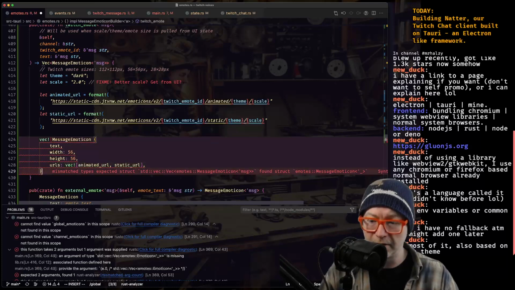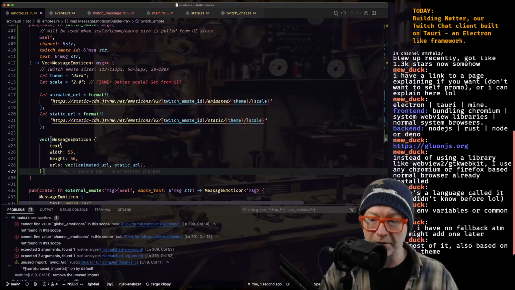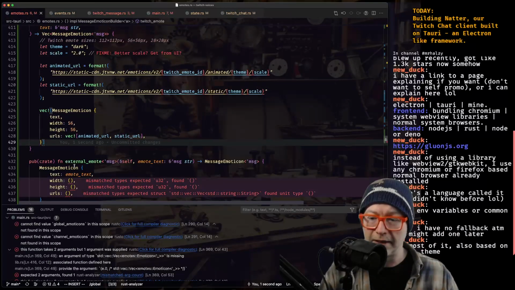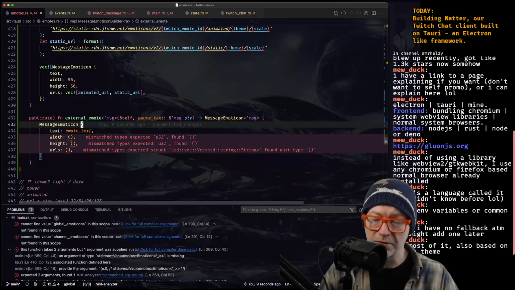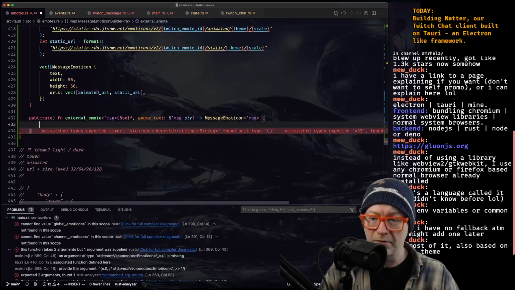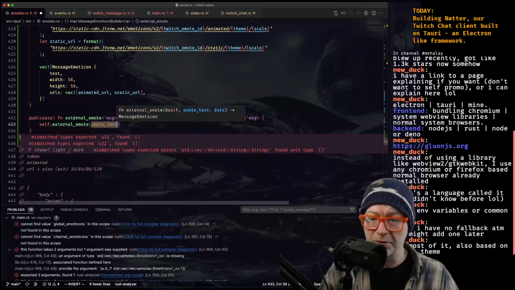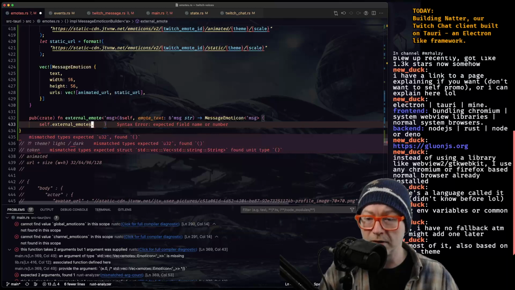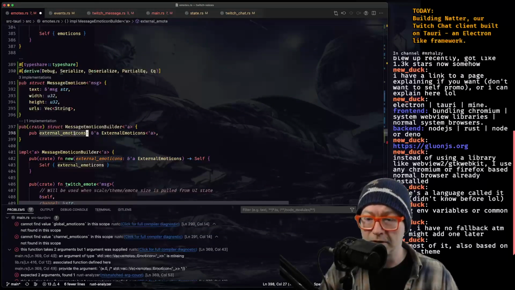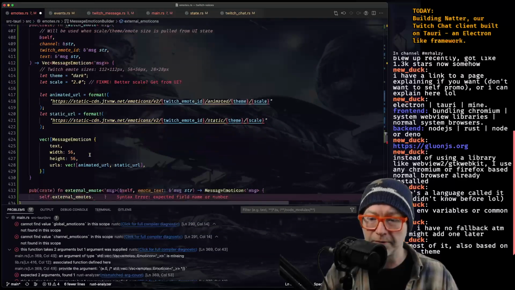I think we want a vector just to match the other one. However, we might have kind of borrow type differences. So if it's an external emote, we will use self.external_emoticons. Whoa. Ew. Plural. External emoticons, okay.